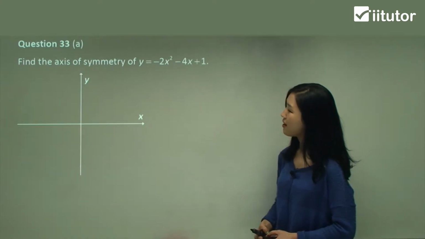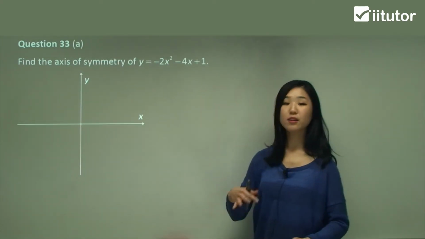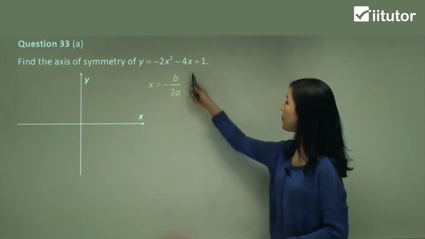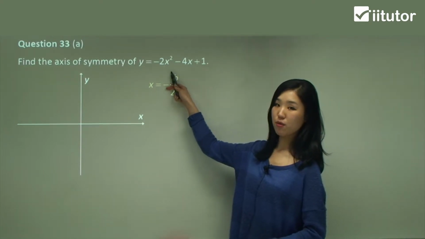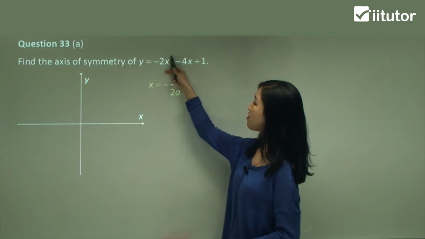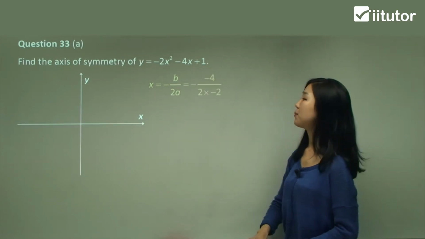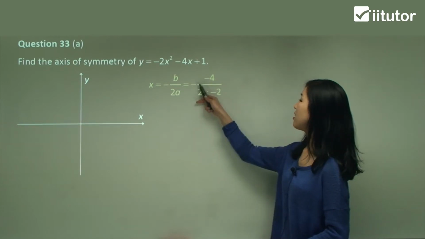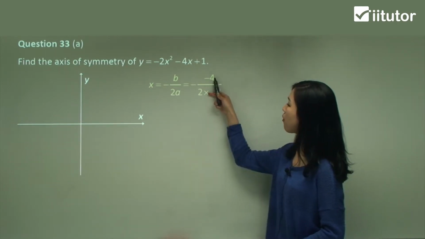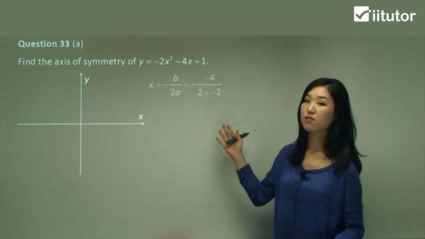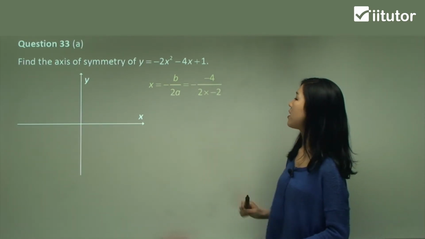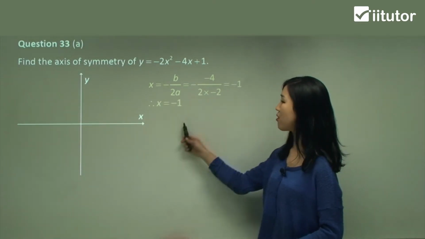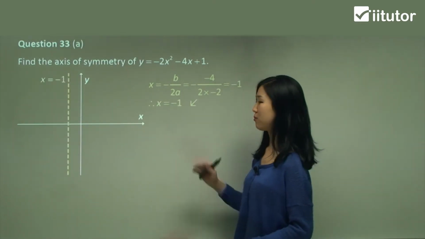Question 33, find the axis of symmetry. Okay, just do your normal process. So I'm going to start by using my formula. B is the coefficient of x, which is negative 4. And A is the coefficient of x squared, which is negative 2. So put those values in, just like that. Just be careful. Negative, negative makes a positive. So 4 on 2 times negative 2 is negative 4. So 4 on negative 4 is simply negative 1. Okay, so x equals negative 1 is our axis of symmetry, which I'll just put on the graph,